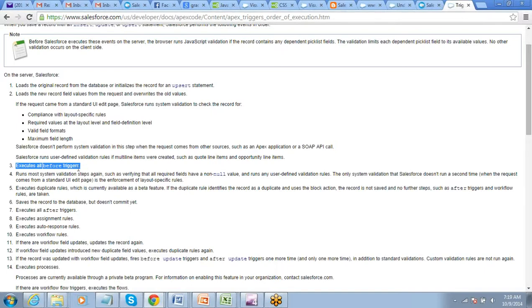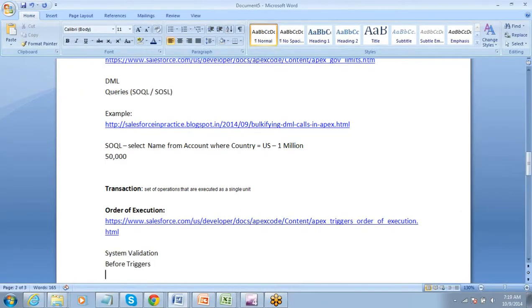Then it executes your validation rules, custom validations. So before triggers and then your custom validations. These custom validations include the validations which we have defined. We can create validation rules, right? So these are your validation rules created by user.